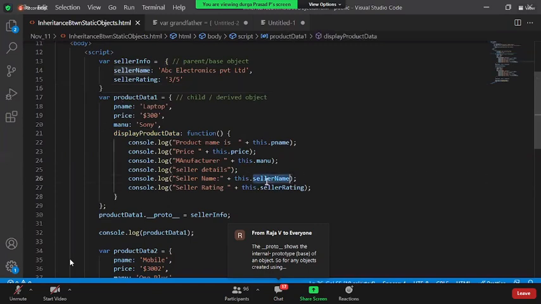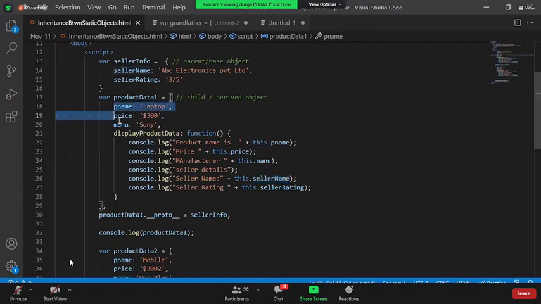Do I have the menu? Yes. Now, when I say seller name, the object first looks for my current data. Do I have the data called seller name? No. Do I have an inheritance? Yes. Now you check whether you have the data within the parent object or not. If yes, then it will be referring to it. If it is not, then it is going to throw undefined. So the first priority is given to the current object properties, if the properties have the same name. And when I say property, it could be a property or a function also.